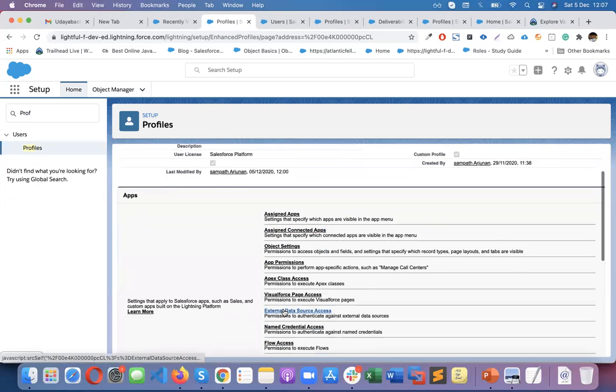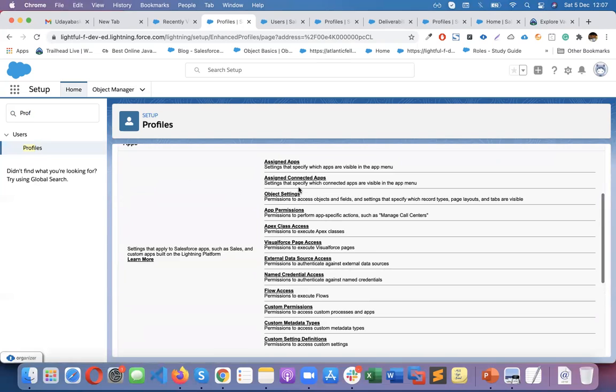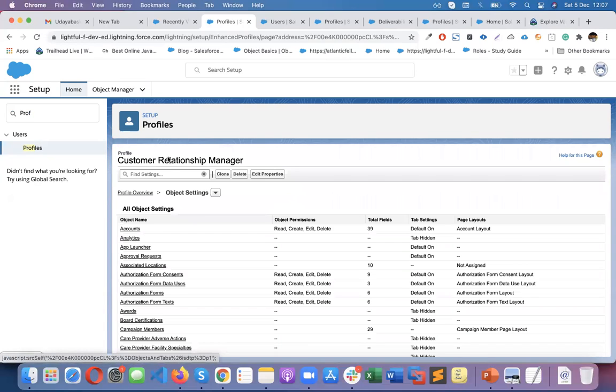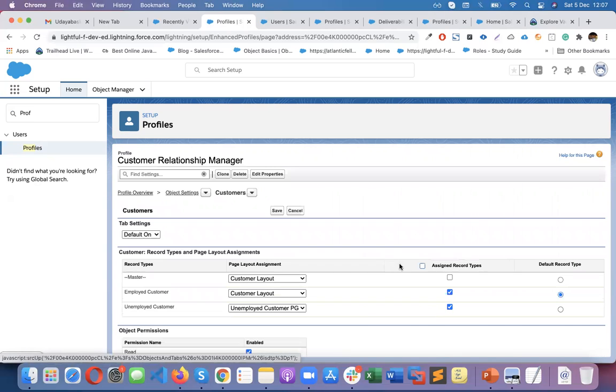Here, go to the customer object settings and click Edit. Here you don't assign it, so that he can see only employed by default. Now if I save,